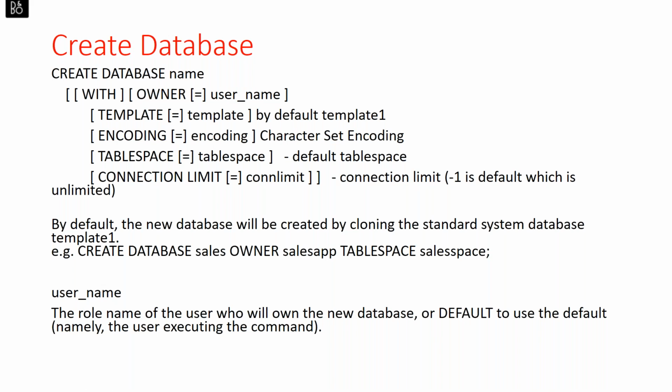Then inside the database you can create different schemas as well. So create database with owner equal to user. You can specify an owner, for example owner sales_app. You can specify a tablespace as well, which you have created. I need not create anything, so I didn't specify anything. If I don't specify, the tablespace by default becomes pg_default. But in real time, what will the tablespace be? Do we have to create a tablespace first for each new database?